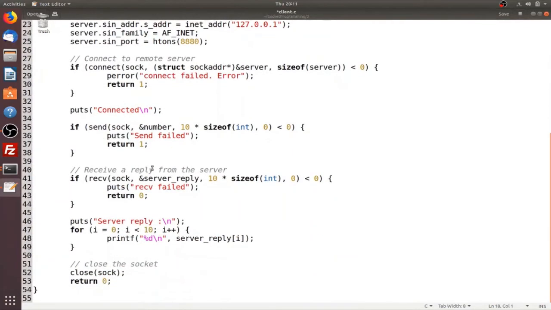So after we have connected to the server side of the program, we would be using the send function to send the input, that is the unsorted array, to the server, and then the server would be using its receive function to receive the unsorted array. And once we have used the send function, we would be checking whether the sending part has been done correctly or not. And one thing you will find common here is that at regular intervals we are applying a conditional statement to check whether we are going in the right direction or not.